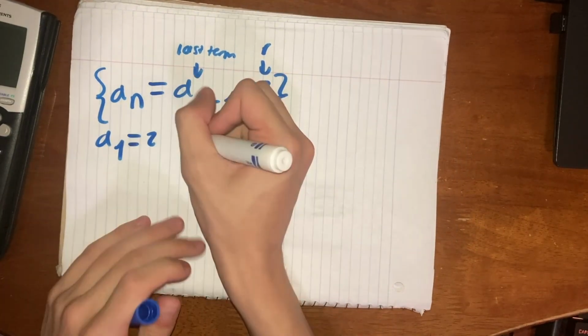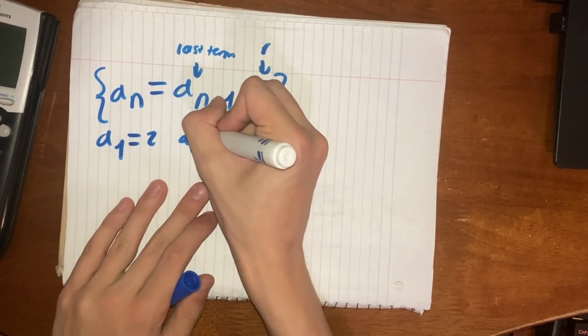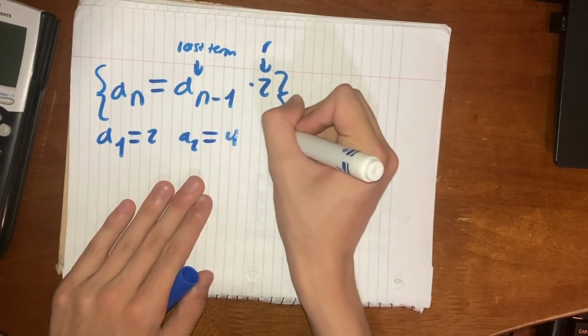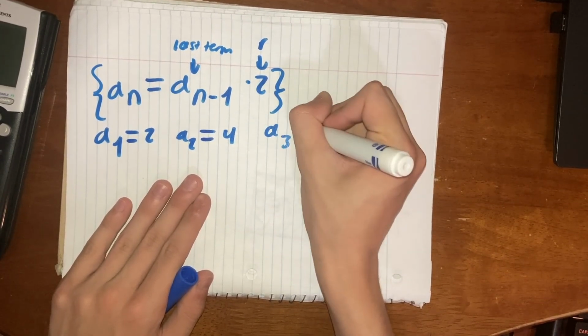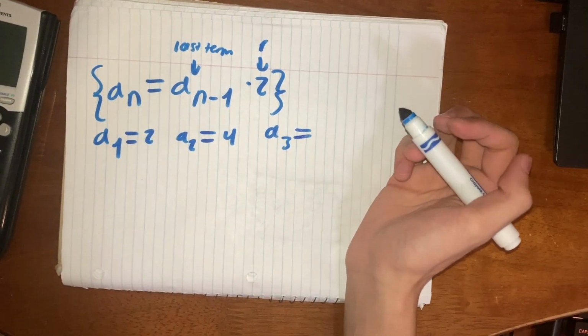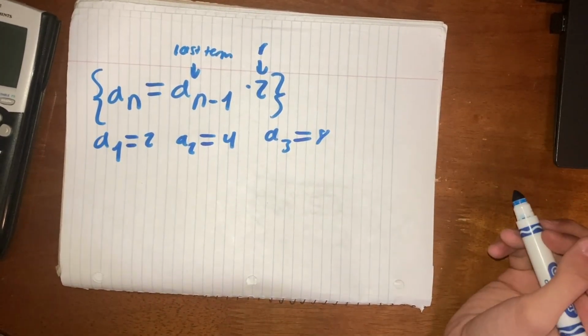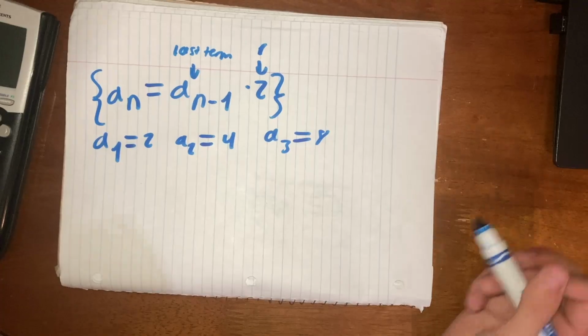So when we have a sub 2, we just take our a sub 1, multiply by 2. And a sub 3, we'll take this term and multiply it by 2 again. And we get our first 3 terms. Moving on,